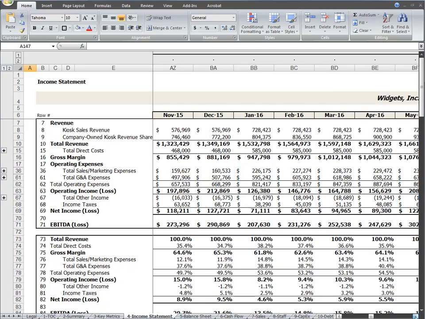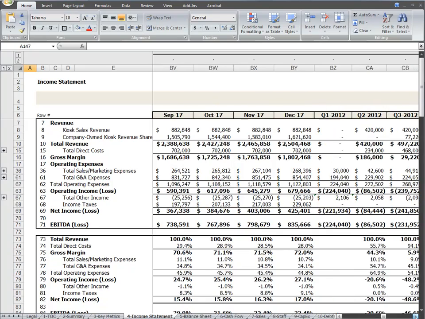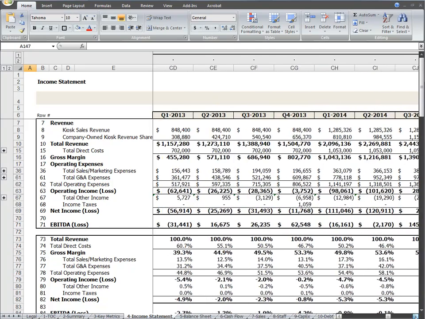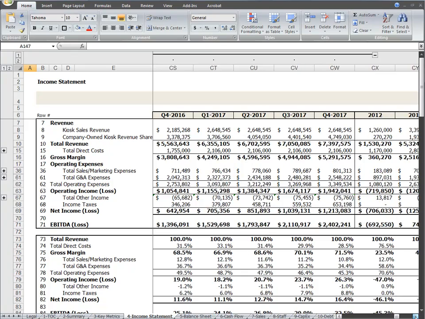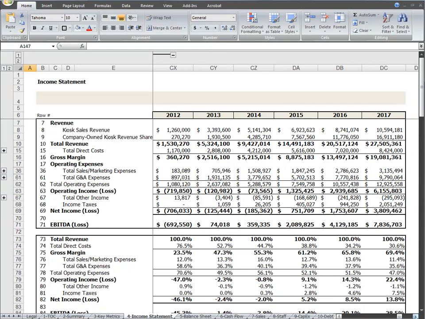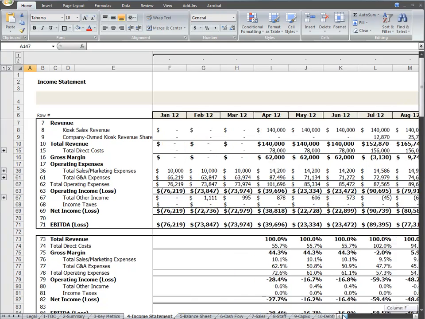As you continue to scroll to the right, you will see the quarterly and annual summaries. Most business plans include only an annual forecast, which is woefully inadequate. And investors and lenders will agree. As an active angel investor, I would never invest in an early-stage business without a really firm grasp on their monthly operations, a detailed understanding of their assumptions, and a full awareness of how much cash they will consume prior